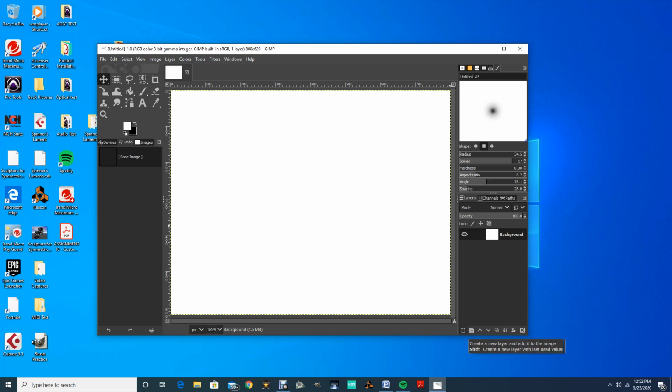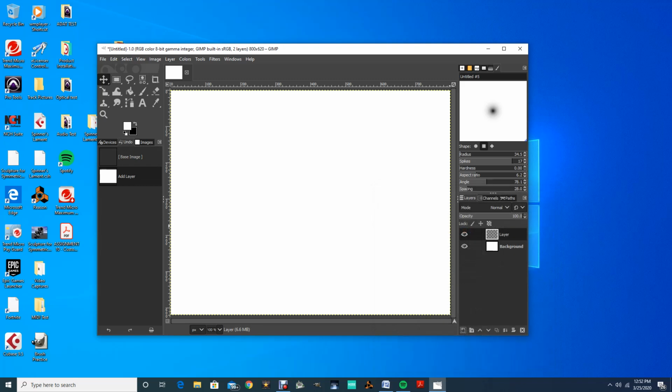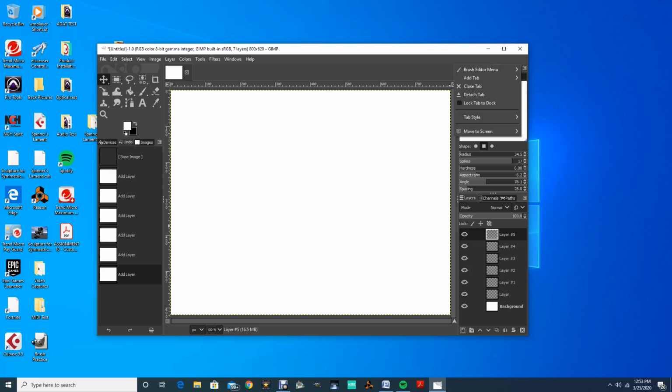Now here is my create a new layer window down here on the bottom left. You can click that and then you get this annoying menu. Click OK. Or you can hold down Shift, and if you hold down Shift it'll just make the layers without having to say OK every time. So I'm holding Shift and I made my 6 extra layers here. And each of these layers are going to have a name for the brush that I'm using. Okay, so let me close this so you can see